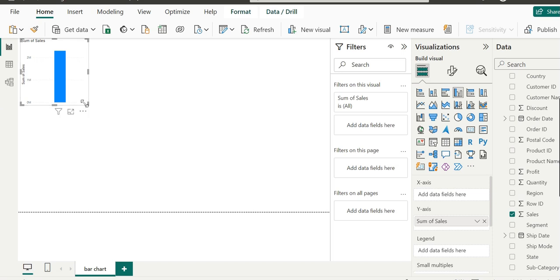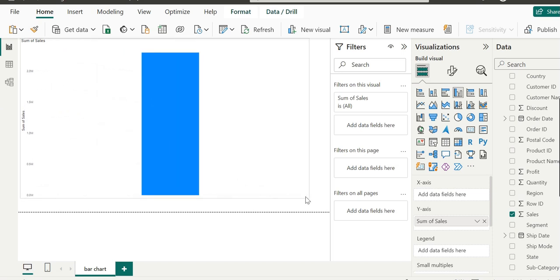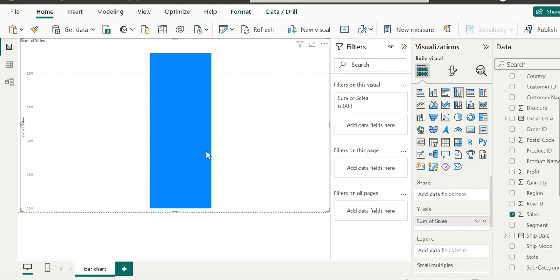If we expand it and see the tooltip, it tells the value of 2297200 millions of sales. This one number is not very interesting to visualize.